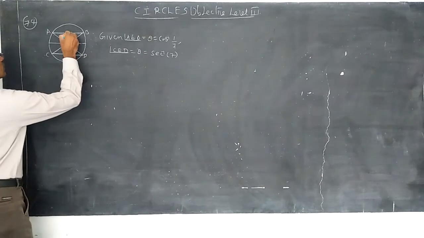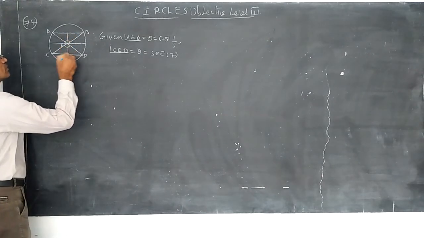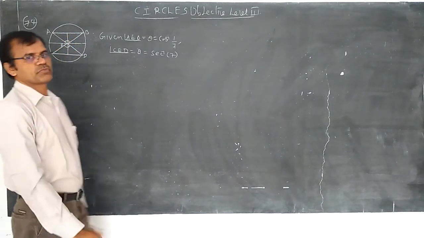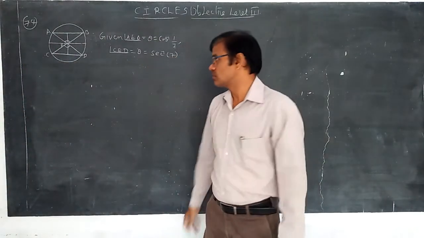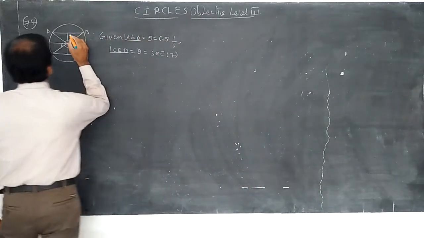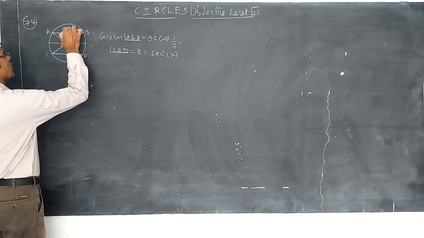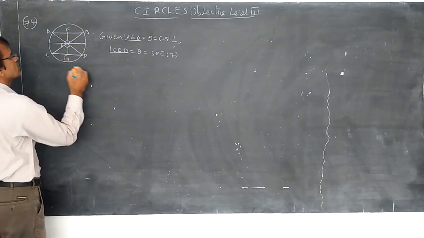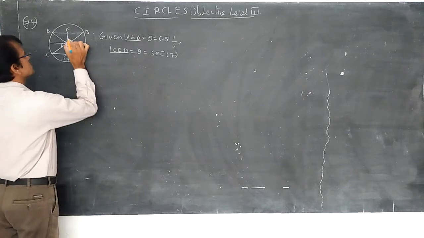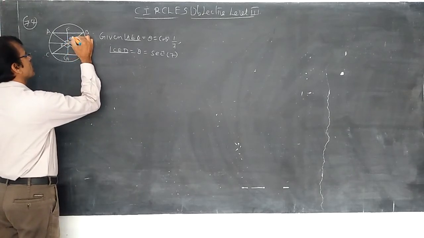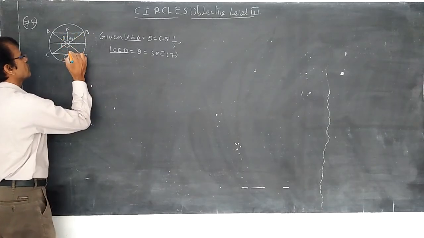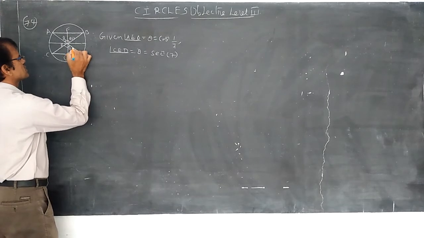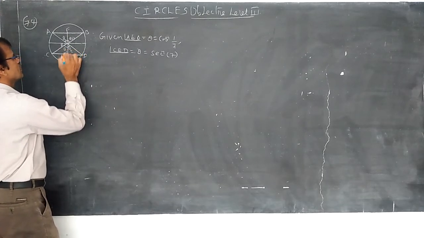Let us draw the perpendicular line passing through the center point. The perpendicular line bisects the chords, that is, it intersects the chord at its midpoint. This is E, this is F and G you put here. Now this is theta by 2. Whenever the angle is bisected into equal parts, this is theta by 2, this is theta by 2.